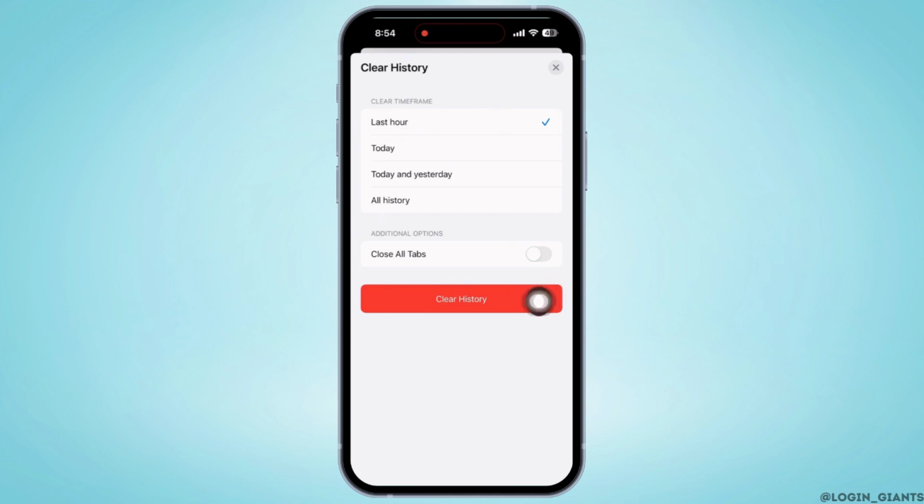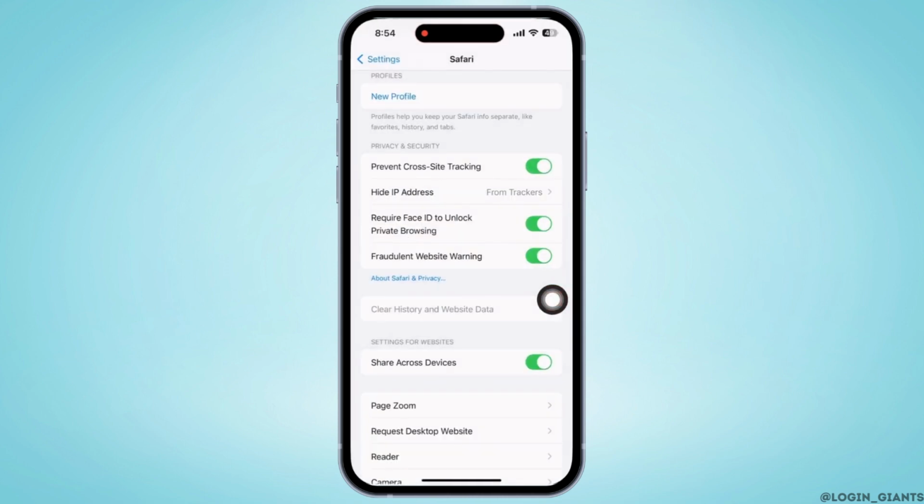And now tap on the Clear History button and your history will be cleared. You can tell your history has been cleared if the Clear History and Website Data back in Safari settings is